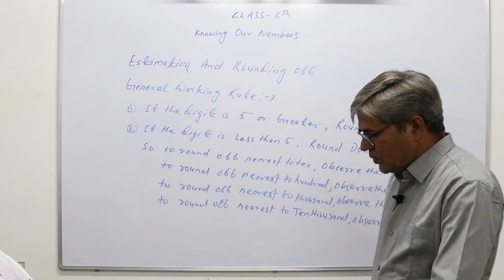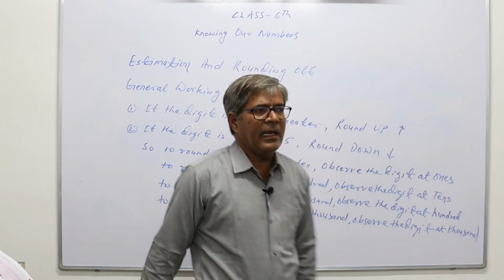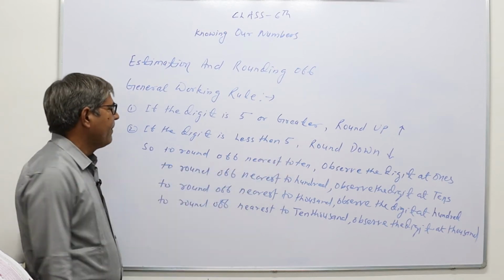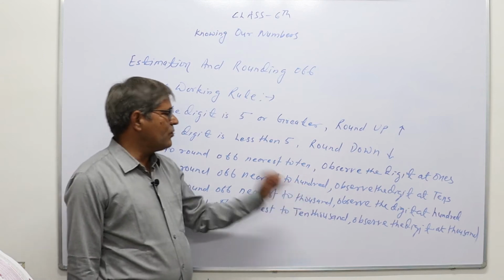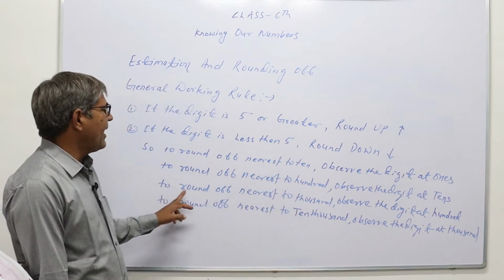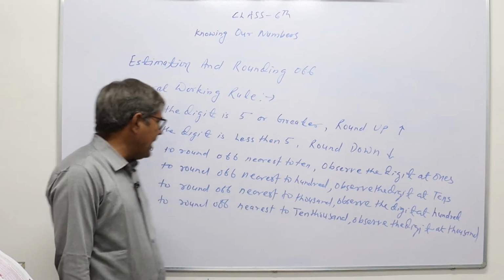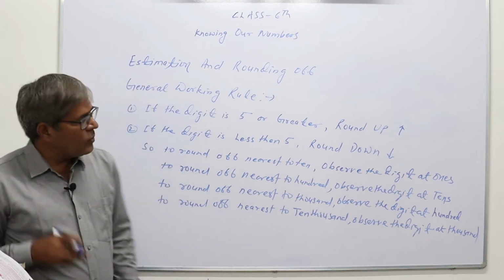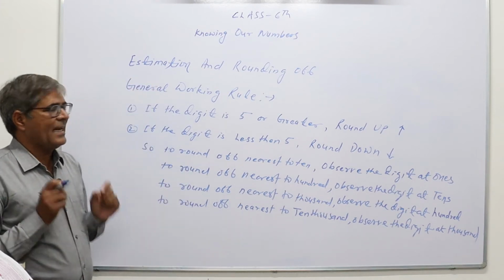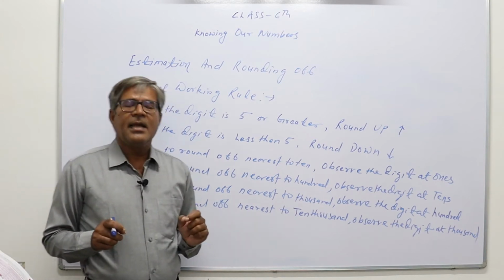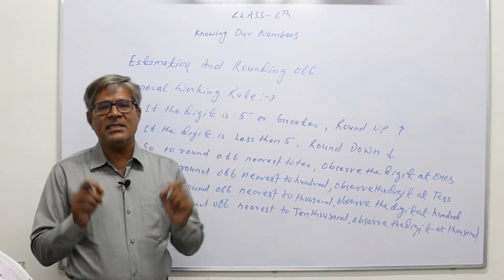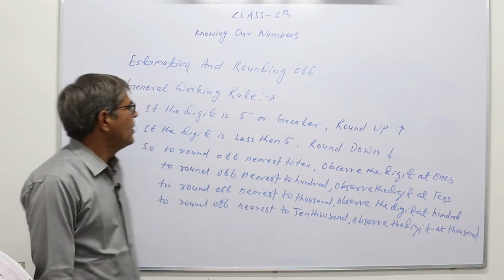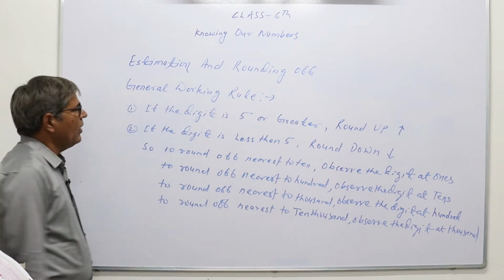So here in class 6, we will round off to the nearest 10, then to the nearest 100, then to the nearest 1000, and then to the nearest 10,000. To round off any given number to the nearest 10, 100, 1000 or 10,000, what is the working rule of rounding off? So, the general working rule is that